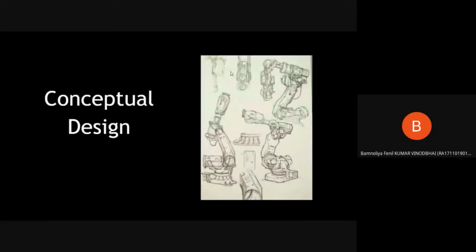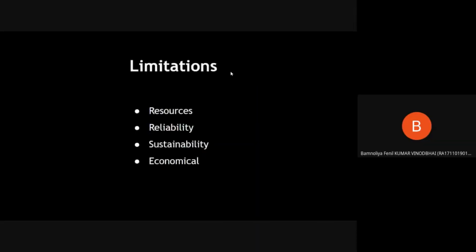After knowing the requirements, we have a concept design sheet. We put it on pen and paper so that we get a clear idea of how our product is going to look. It is basically the initial idea. After the conceptual design, we consider the limits we face during product design, because for all designs you don't have all the resources available around you.